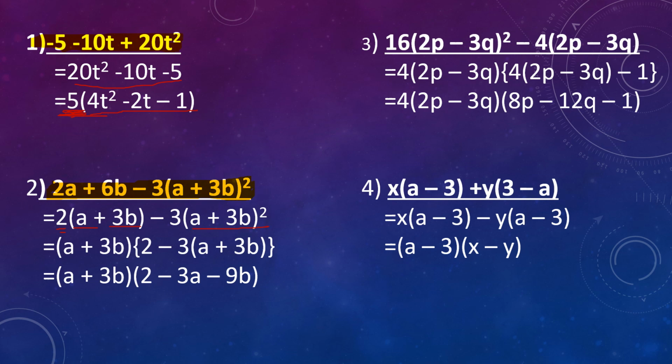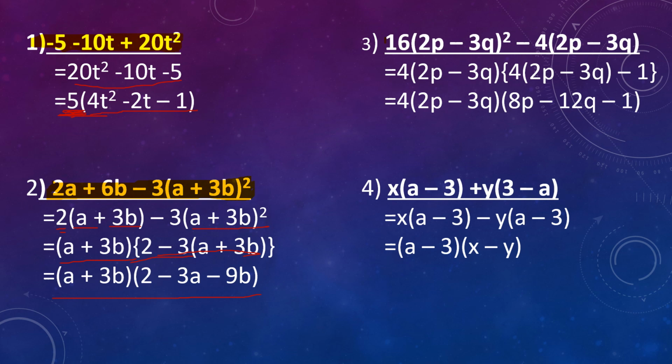This binomial is with both the terms. But what is the least exponent of a plus 3b? That is 1. So we will take a plus 3b as common. And coming to numeric, as they are 2 and 3, you cannot take anything common except 1. So your overall common part is a plus 3b. So use curly bracket again. You are left with 2 minus 3 times a plus 3b. Simplify the bracket, you will get a plus 3b, which is your common part. In another bracket, 2 minus 3a minus 9b.